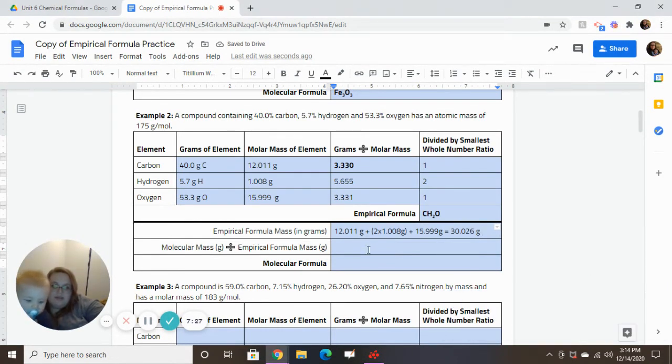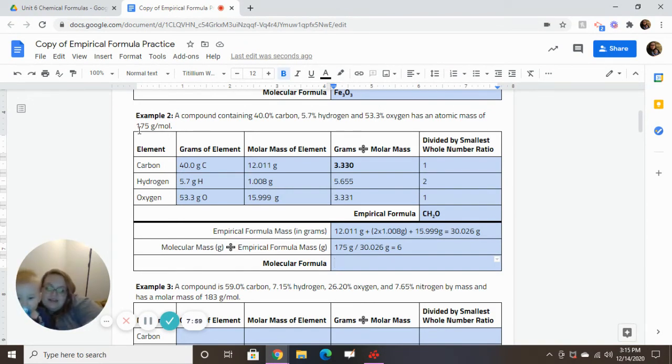Now my molecular mass divided by my empirical formula mass. So my molecular mass, again, is given to me in the problem. It was 175. I'm going to divide that by that number we just calculated, the 30.026. That gives me 5.828, so that's going to round to 6. So that means my molecular formula is going to be